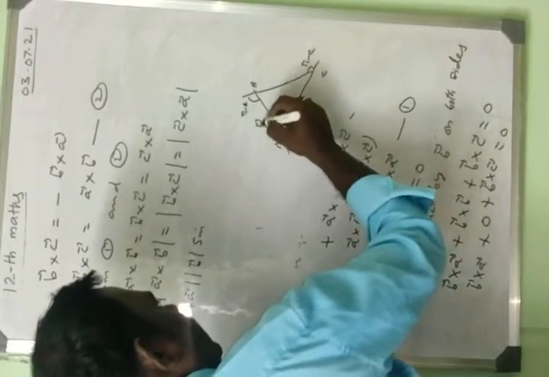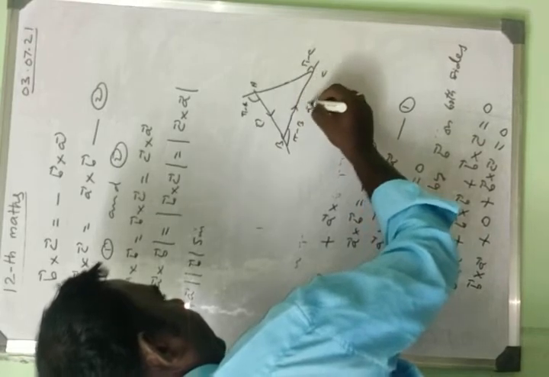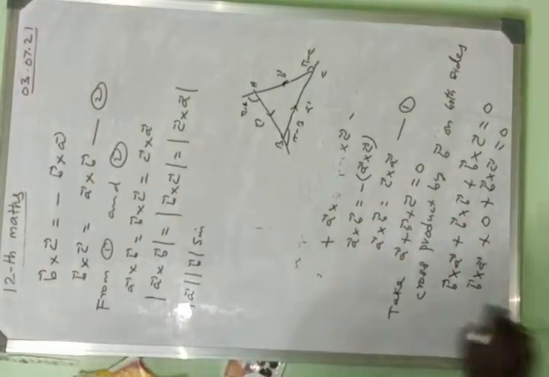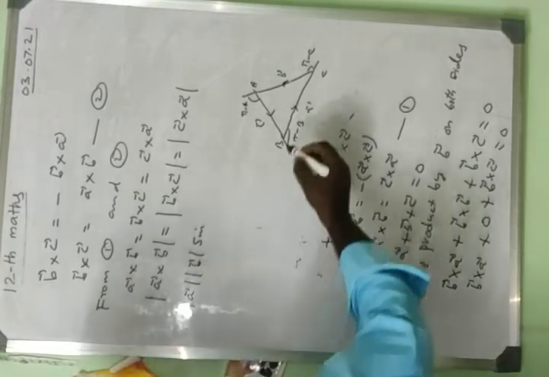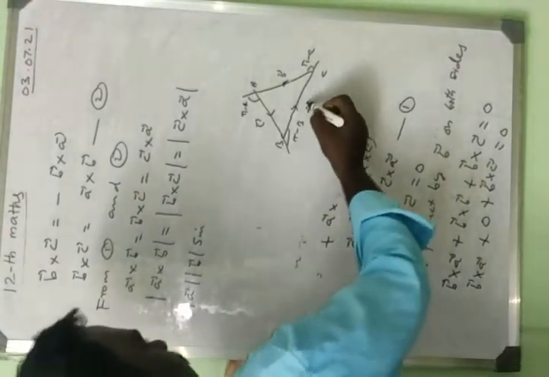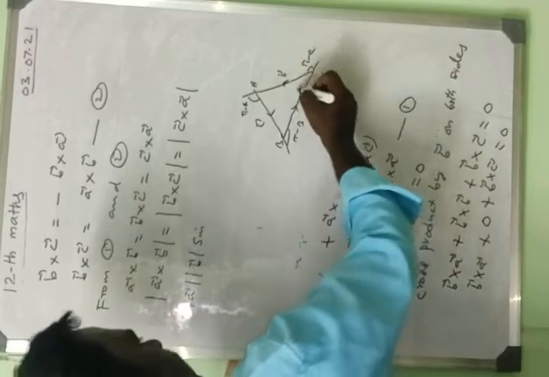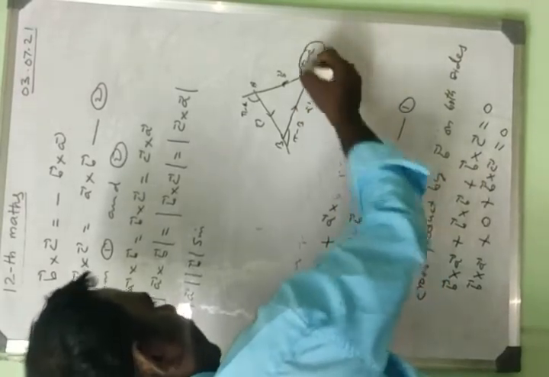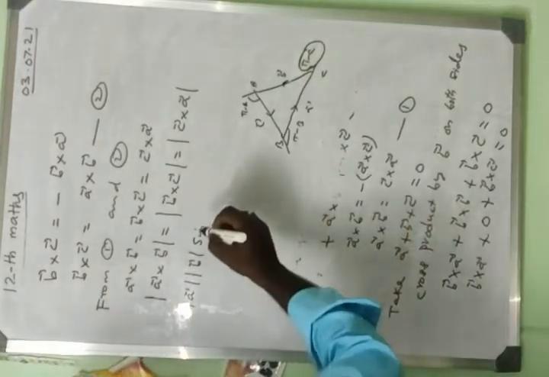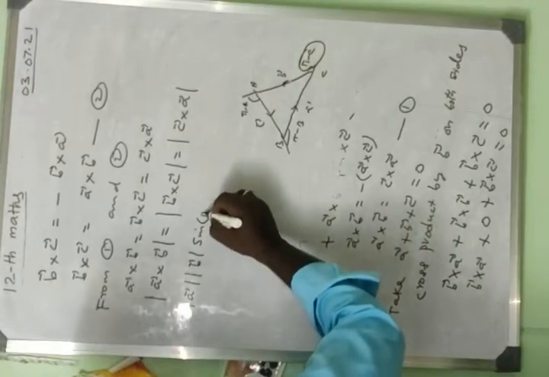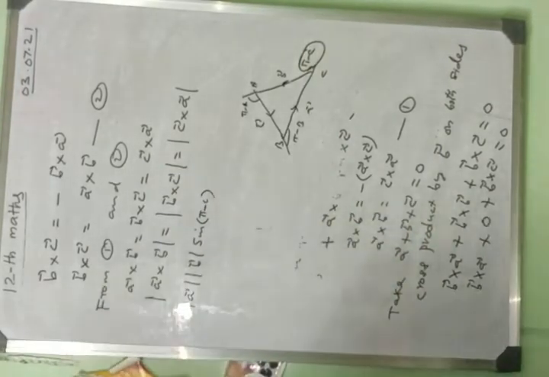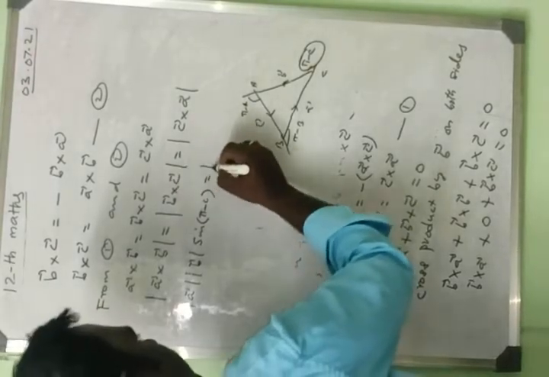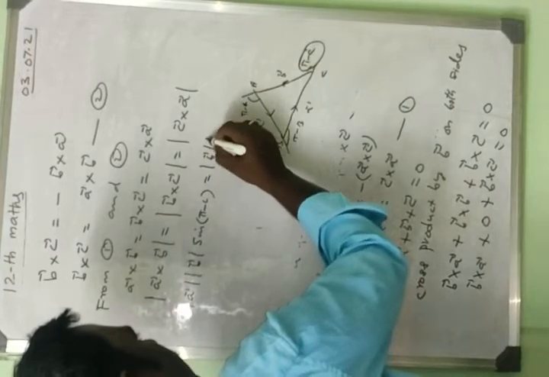Okay, this is the C vector side, this is the A vector, this is the B vector. Here A vector, B vector. What is the outer angle of vector A and vector B? It is π minus C, so we put π minus C here. Understood? The next is equal to this one, mod of vector B, mod of vector